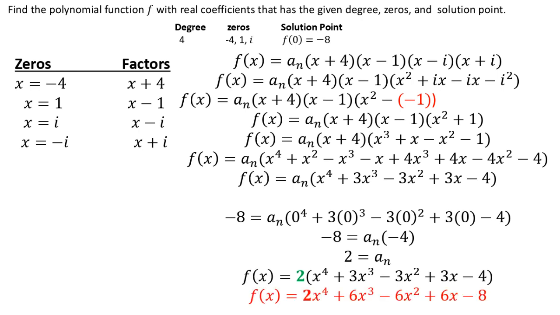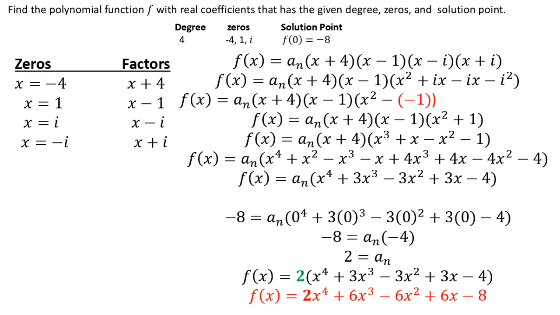So 2 times x to the 4th is 2x to the 4th. 2 times 3x cubed is 6x cubed. 2 times a negative 3x squared is a negative 6x squared. 2 times 3x is 6x. And 2 times -4 is -8. So I found my polynomial